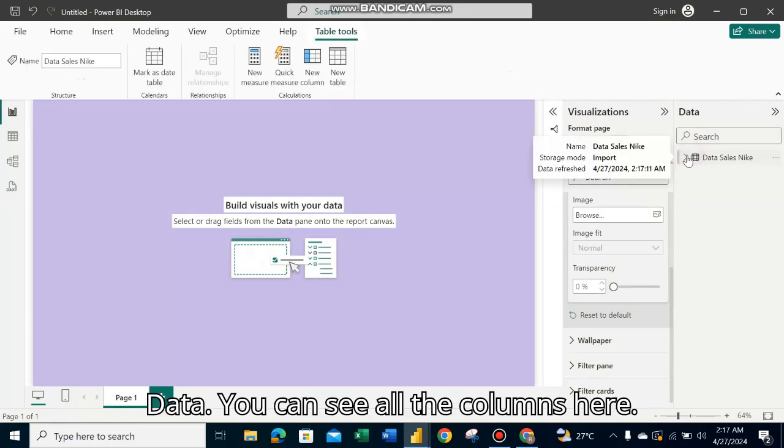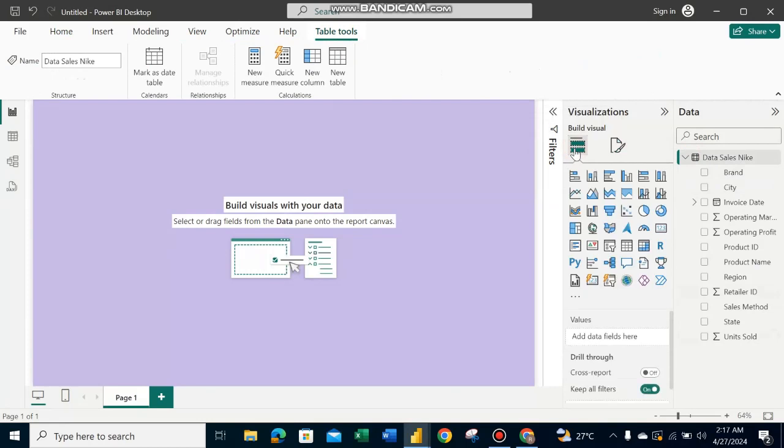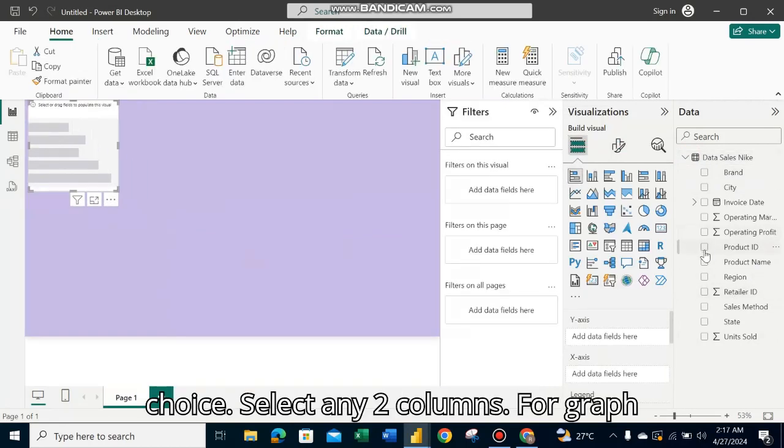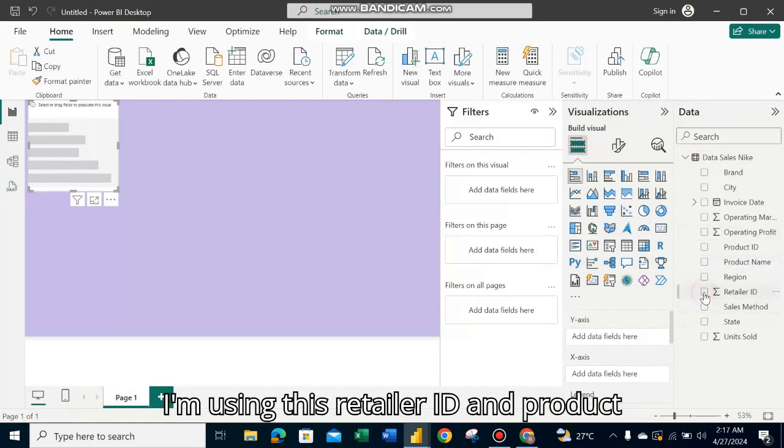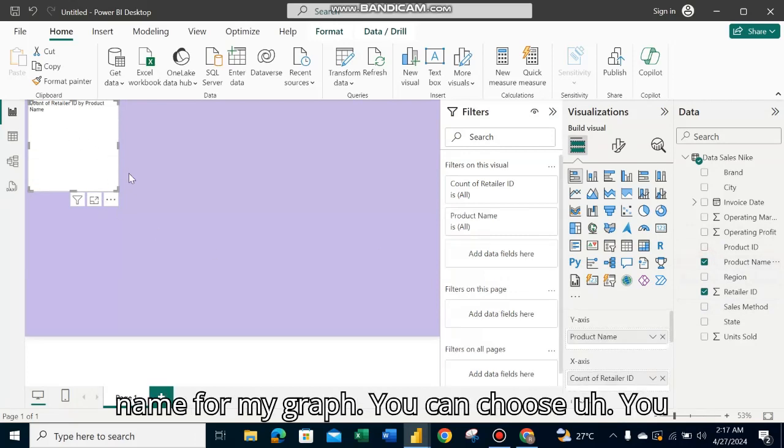Now go to data. You can see all the columns here. Go there, choose the graph of your choice. Select any two columns. For the graph, I'm using this retailer ID and product name for my graph. You can choose